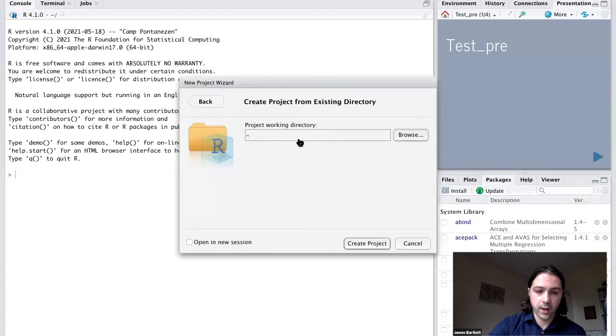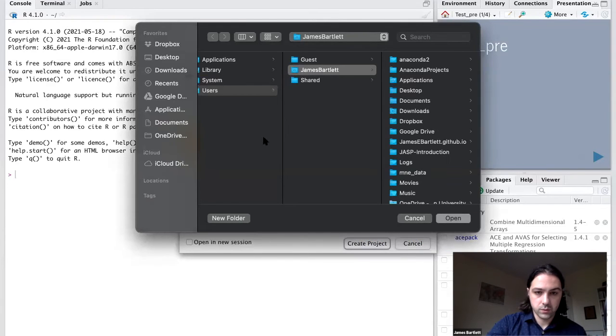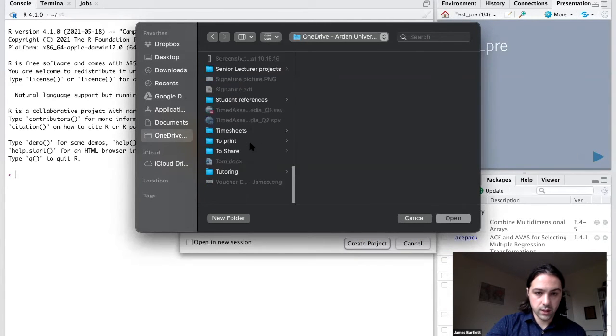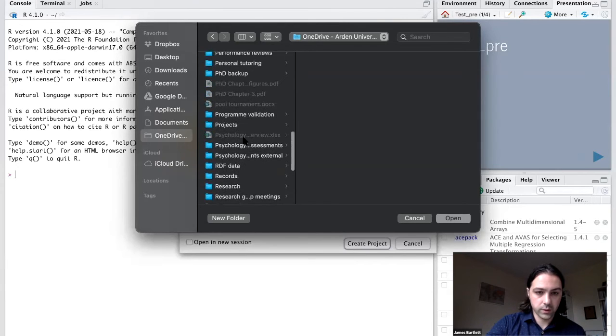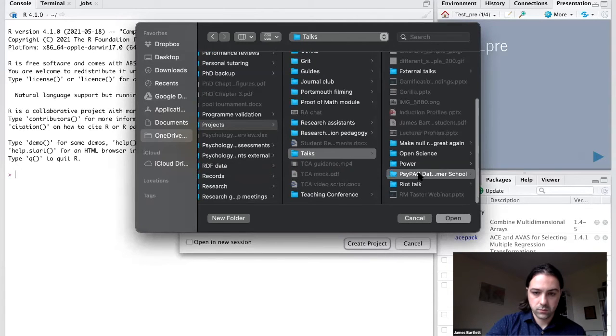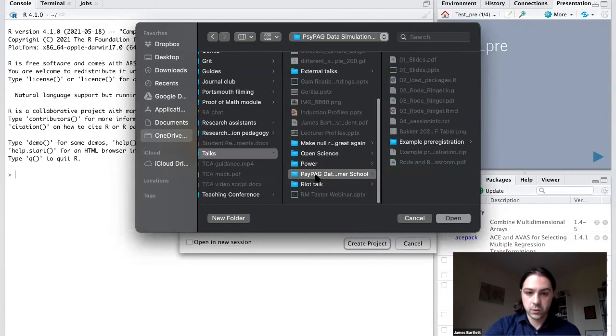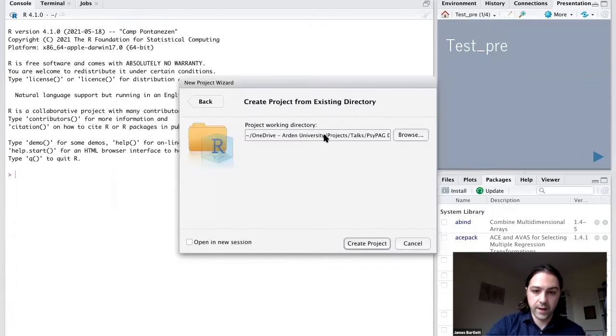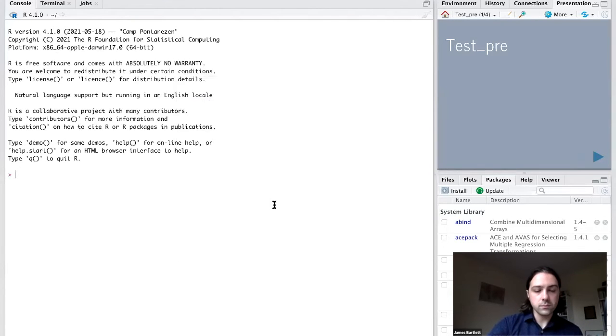So we click on browse, wherever you've saved those materials. Mine is in a shared cloud folder, sorry. And so I've got one for the data summer school. So if I click open on that, it's recognized that as a project working directory. And if I click create project,